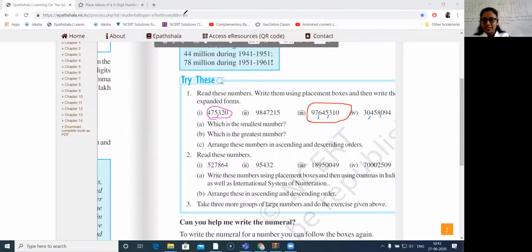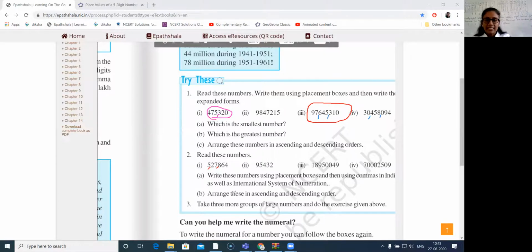So maybe you can use this video when you are doing it on your classwork. Because I'm going to speak now, then when you write, just coincide and see whether what I'm saying and what you're writing are the same. So first we will start with the Indian system for all the 4 numbers. So we will first fix our commas based on the Indian system. All right. So it is ones, tens, hundreds. So I put my comma here. Then it is thousands and 10,000. So I put my comma here.